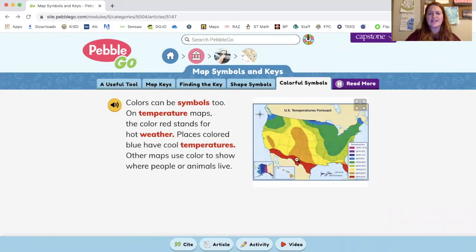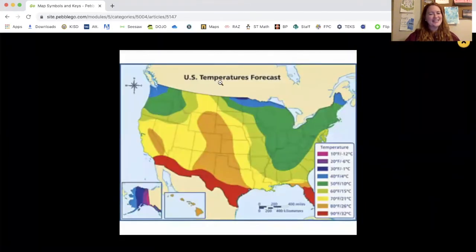Ooh, let's take a look at this. So here's our title, the temperatures forecast. It's going to tell me all about the temperatures. Here's that compass rose again. And I can see right here is my key or my legend. I can see if I didn't know what these colors stood for, I could come right here and say, ooh,